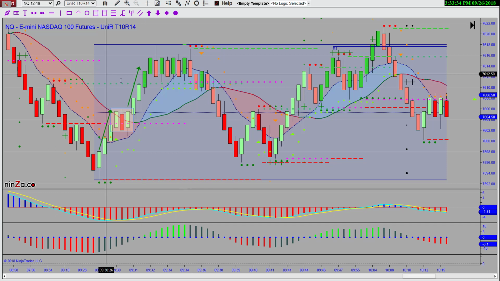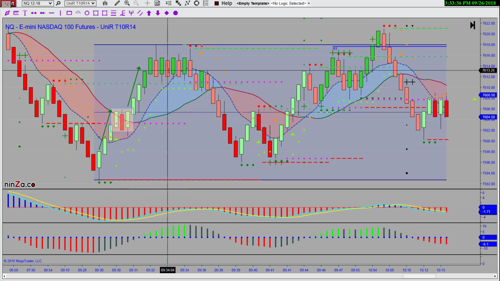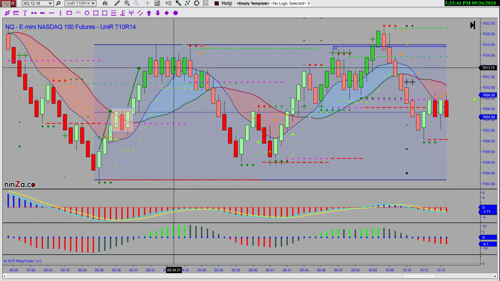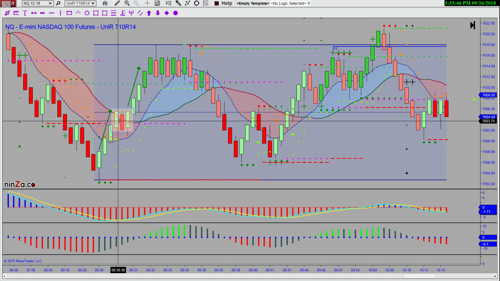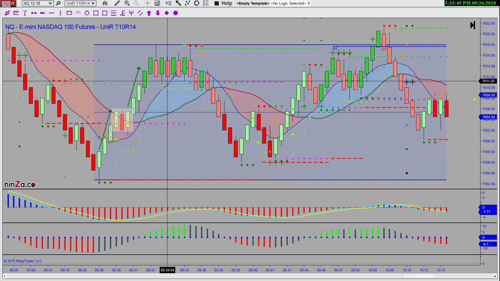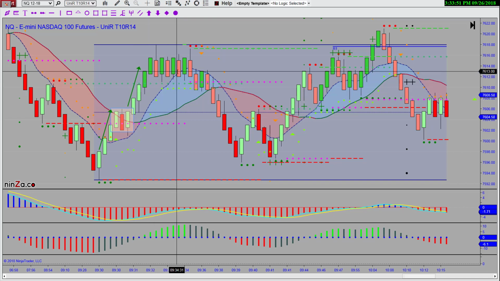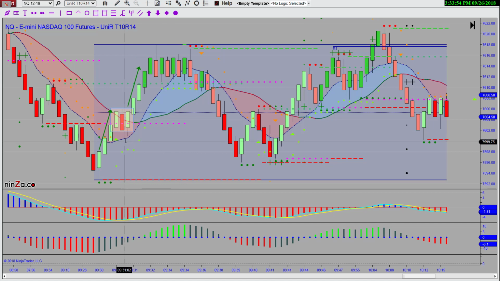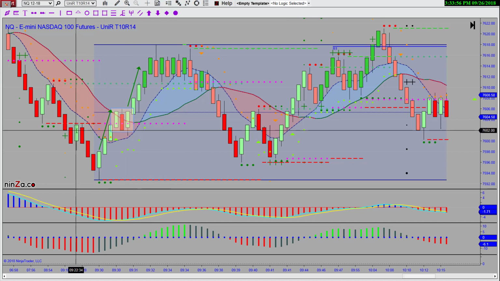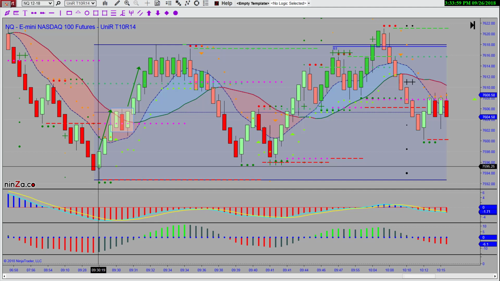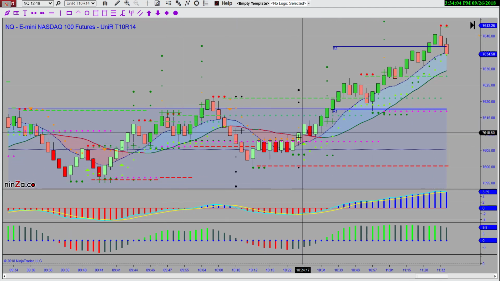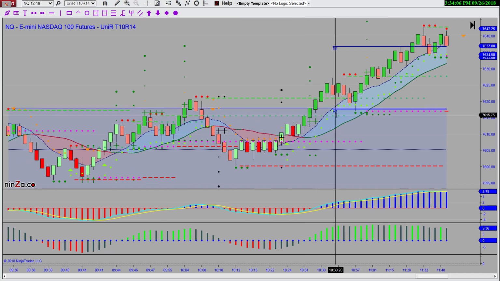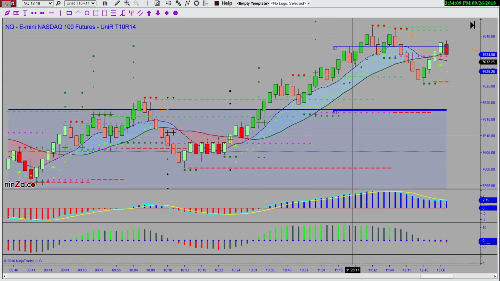Now this was no longer a continuation pattern. It was just consolidation. And really, a continuation pattern is nothing more than a three candle consolidation. But I love them. They tend to work a lot. Look at what happened over here. Three candles lower. Boom. Three candles here, higher. Boom. Three candles higher. Boom. Three candles higher. Boom.